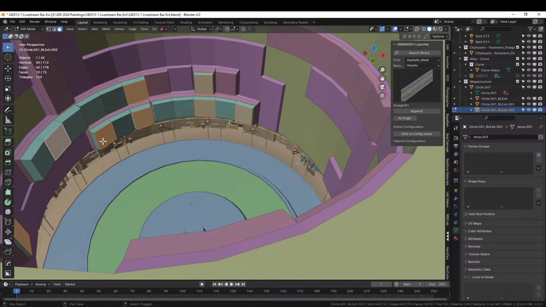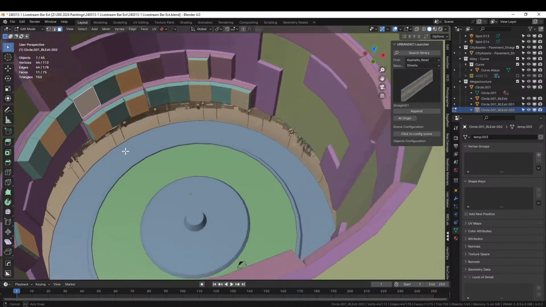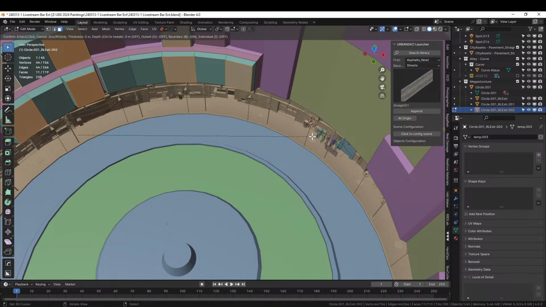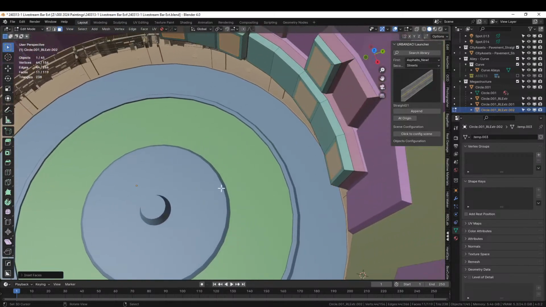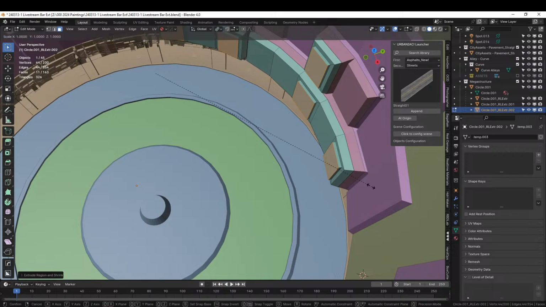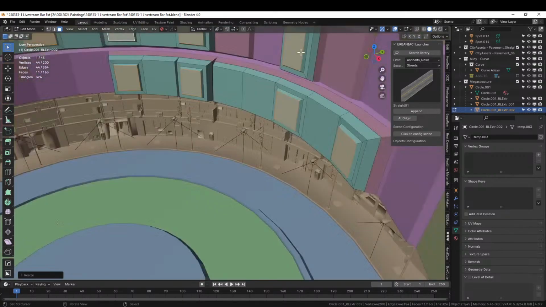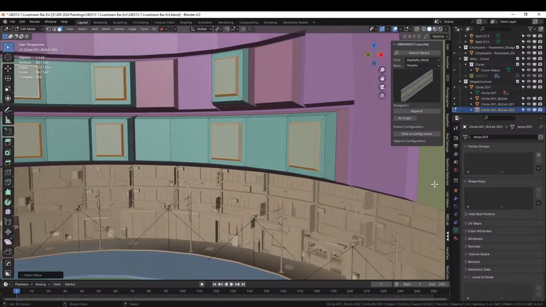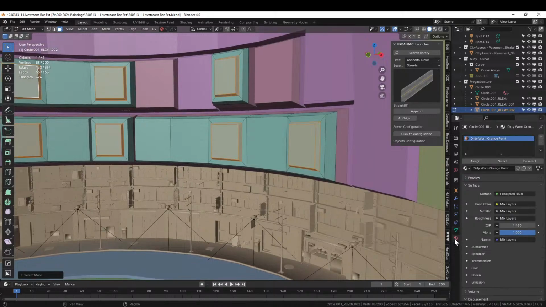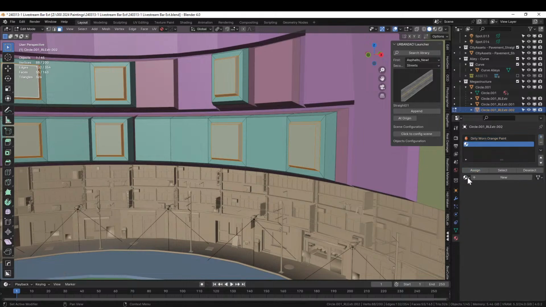Maybe I'll do that one instead and that one. There we go. And inset. Great. And Alt E, log normals. And then individual origins and scale. So they kind of bevel in a little bit, and then plus, and then material, add a new one, assign